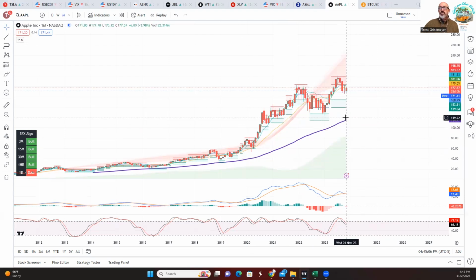Will it come down to this 200-day, which would be really significant at $114.71? And right now it's at, well, aftermarket, it's at 171.32. Wow. And so my question is, are we going to see it hit in this monthly area, maybe a support level around 153 or so? But when I look at the